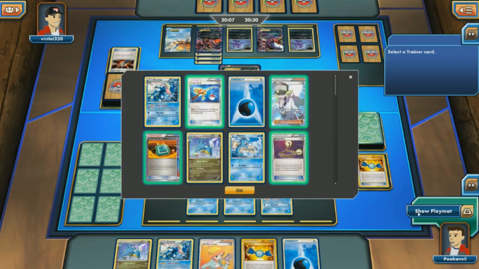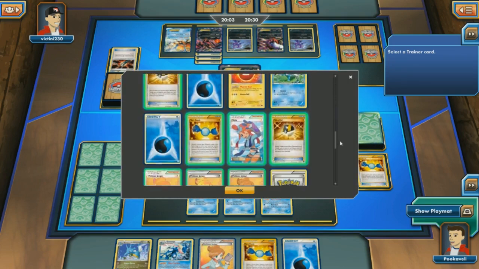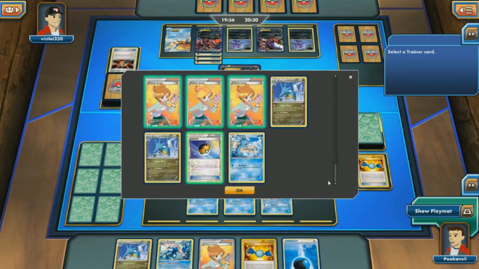I was trying to check my discard pile to see if I had used the Professor's Letter already. Then I could take Dowsing Machine and just get it. But I don't think I played it this game. So now we're going to have to take something else. We could do a Level Ball or...